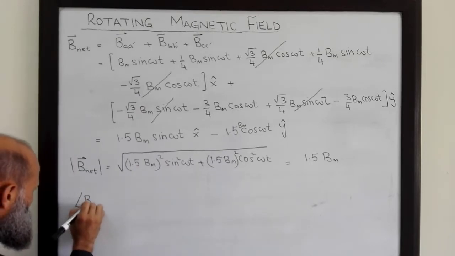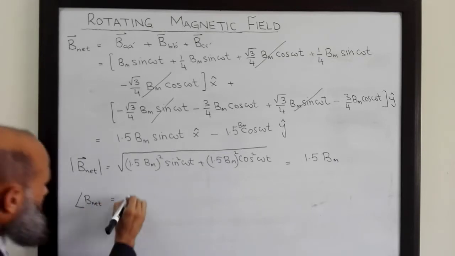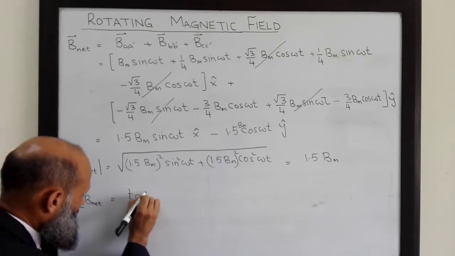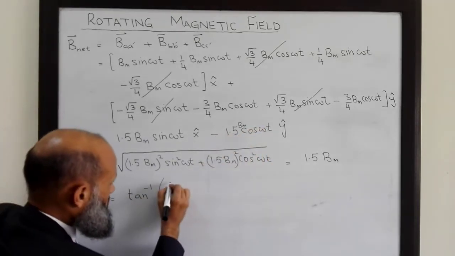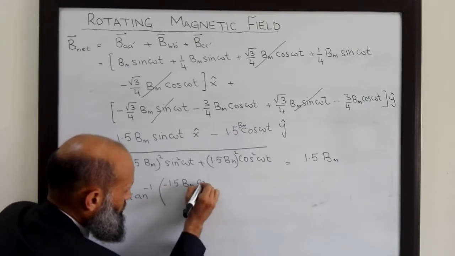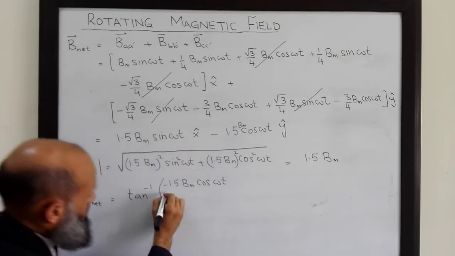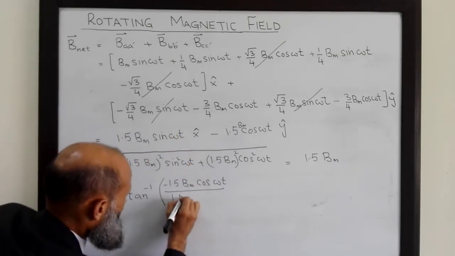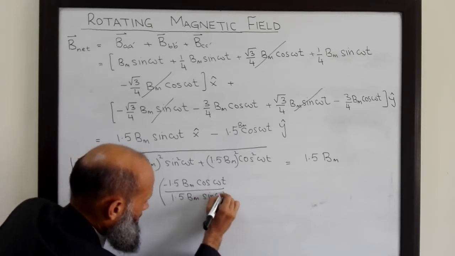Angle of the resultant flux density vector, you know, the angle is equal to tangent inverse of the vertical component, which is minus 1.5 Vm cosine omega t, and this horizontal component 1.5 Vm sine omega t,